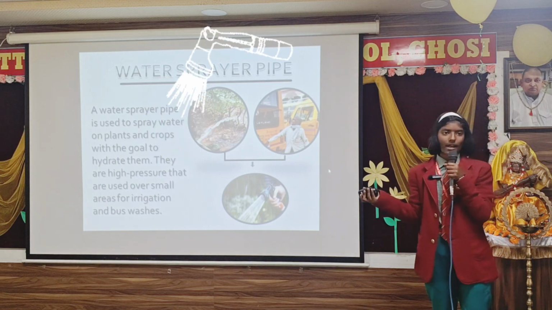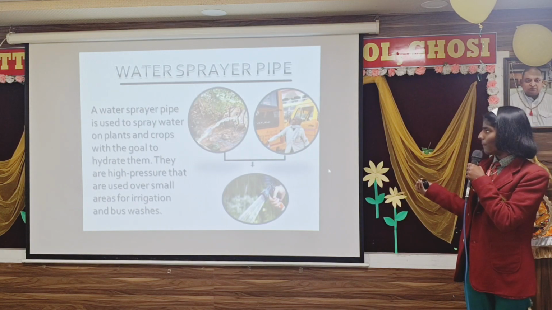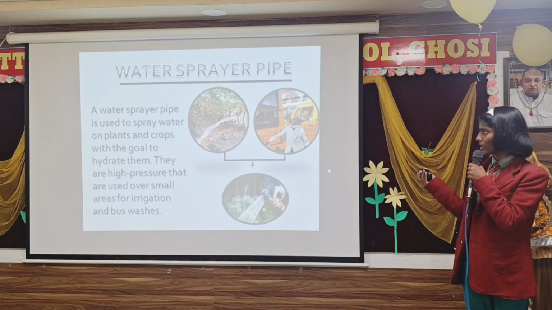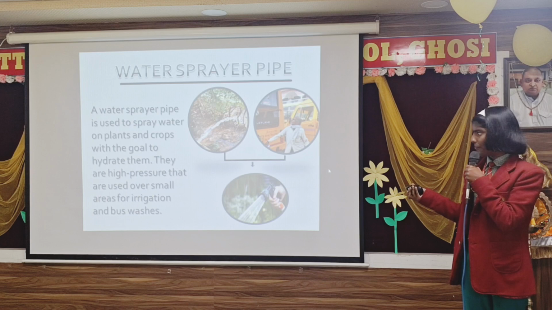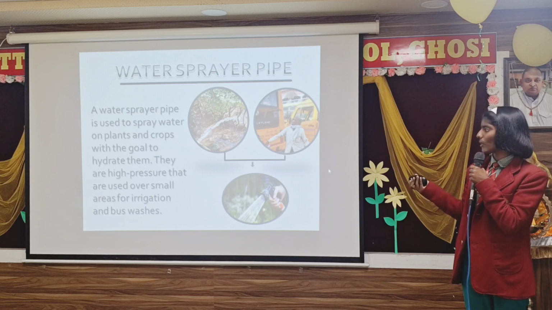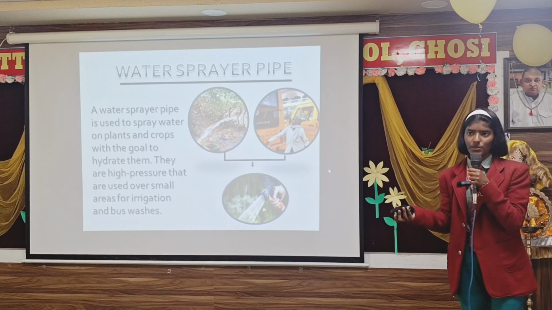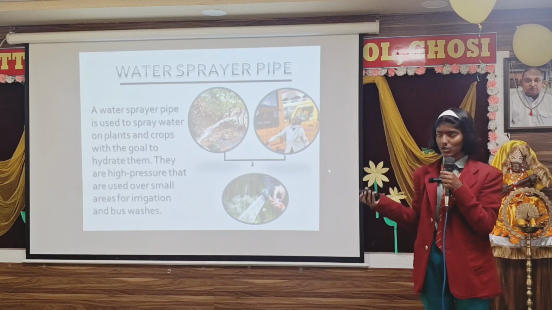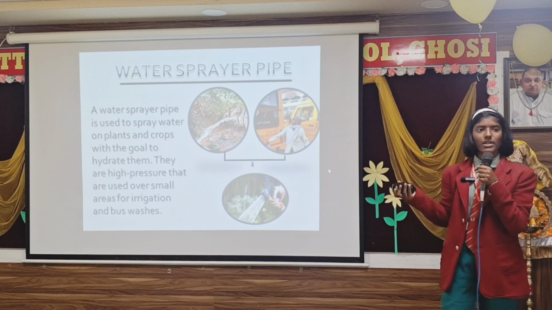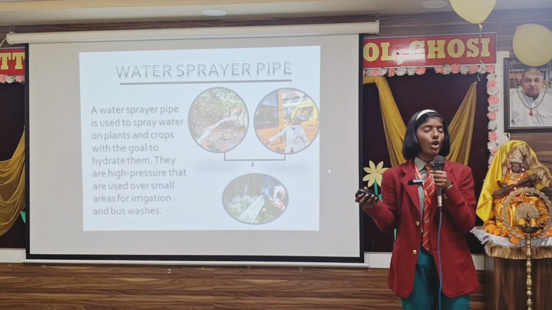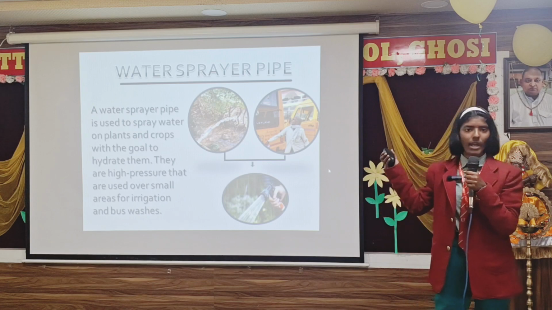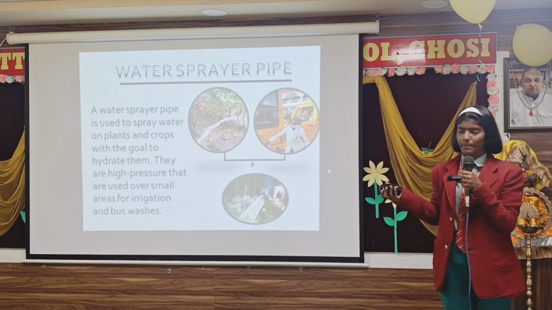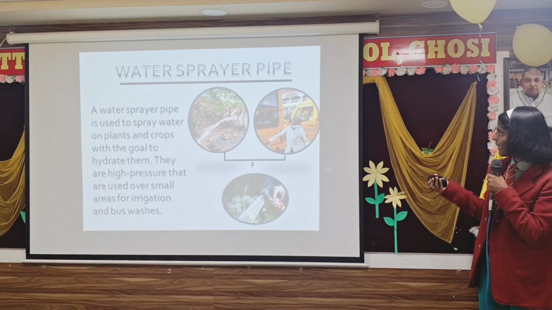Moving to the next slide, it is the water sprayer pipe. A water sprayer pipe is used to spray water on plants and crops with the goal to hydrate them. They are high pressure and used over small areas for irrigation and burst process. This is also another important instrument that can be used in schools for conserving water. Actually, it does not only hydrate the plants but also conserves water. One more advantage of using this instrument is that it can also be used for burst process. Now the next slide is